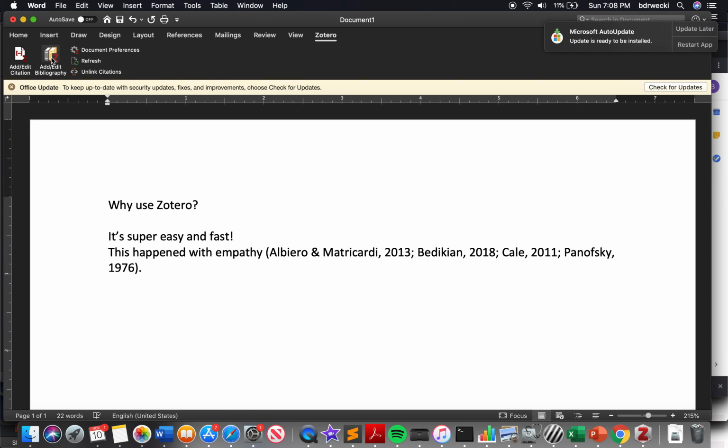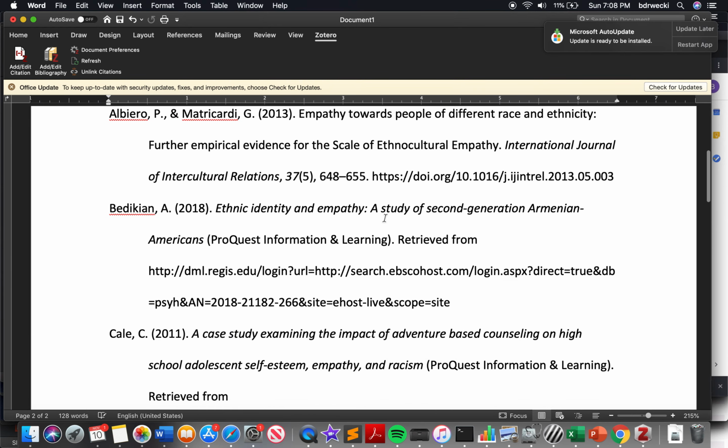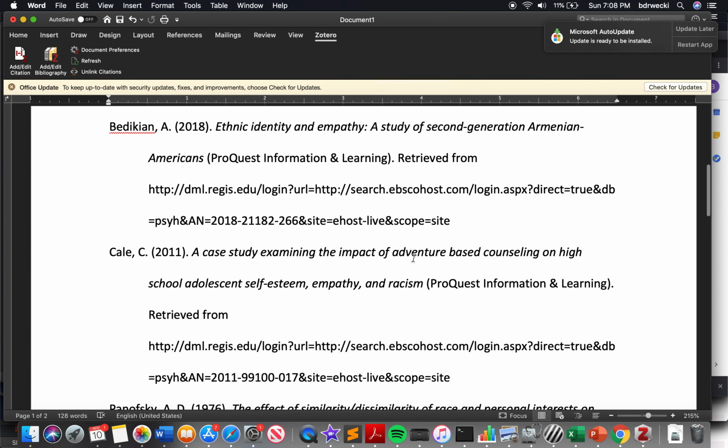And then here's the greatest part. You could add these by hand. These are the easy ones. But here's the greatest part. I'm just like, oh, I want to put my bibliography here. Kablammy. And look at all that. These are, those of you that know APA, these are, for the most part,